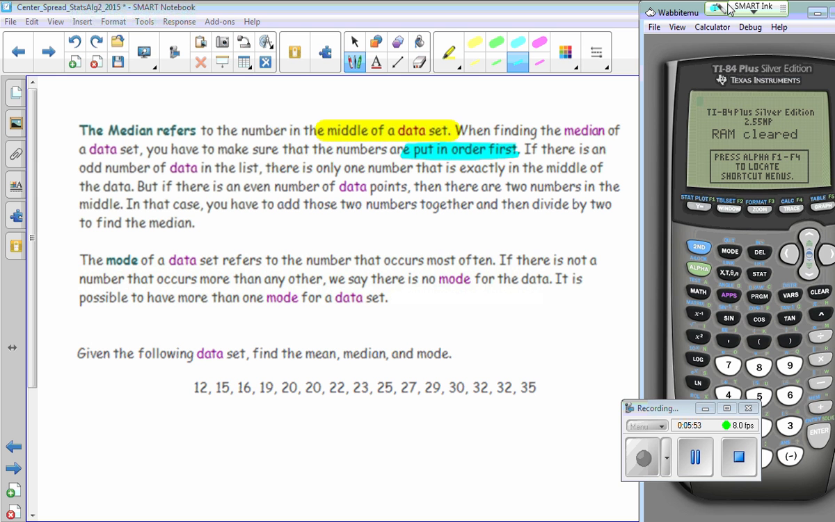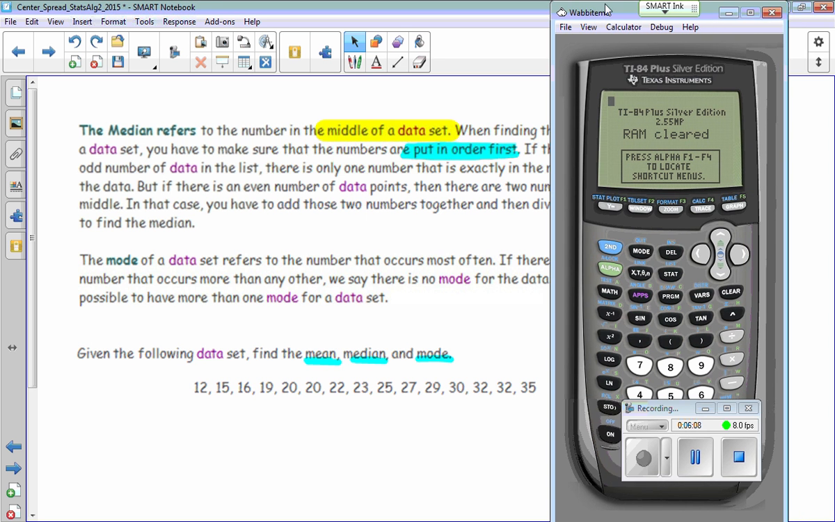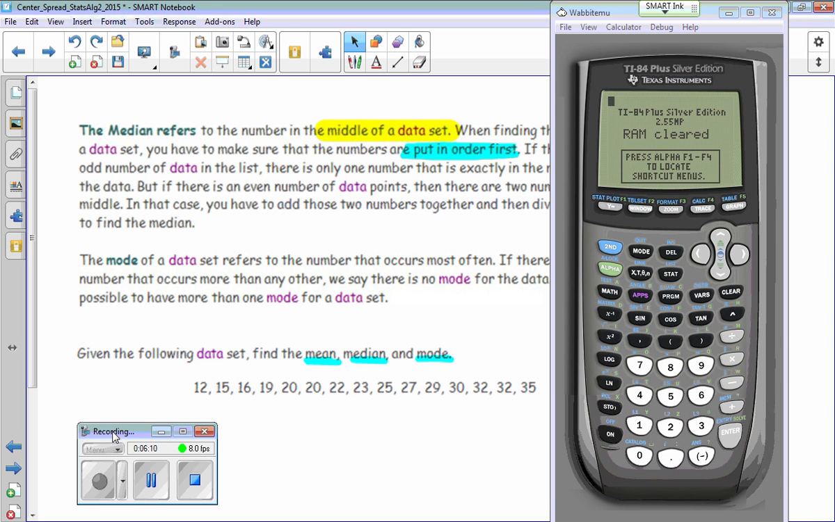All right, so let's look at this data set that you have at the bottom of your page. I want us to find all of these values, and I'm going to show you how to do it on your calculator. So go ahead and get your calculator, and let's open it up like I have here. And we are going to enter our values in the Stat Edit feature. So if you go to Stat,